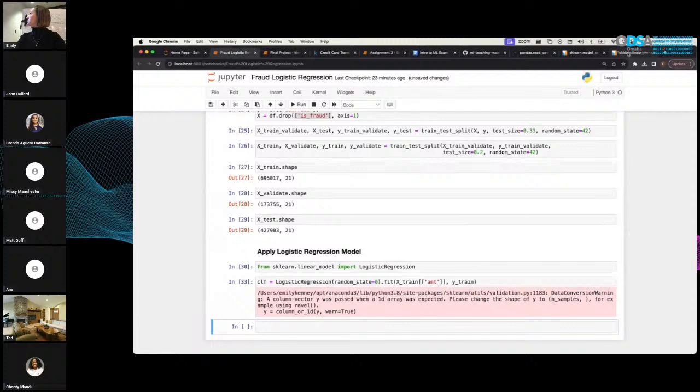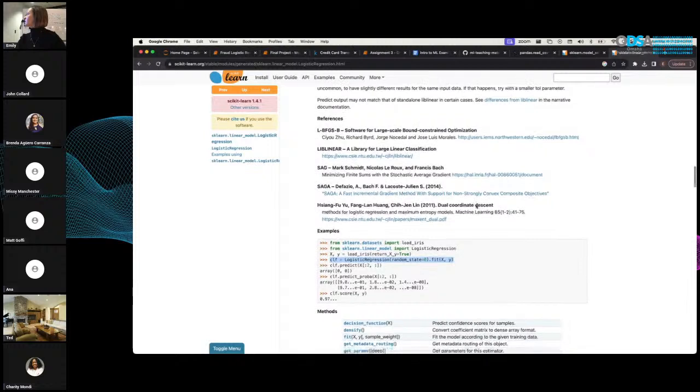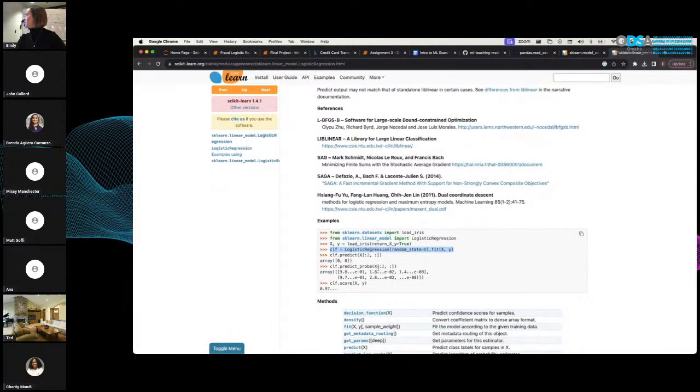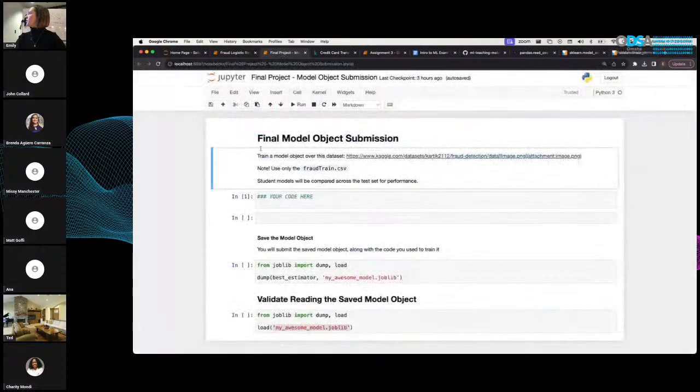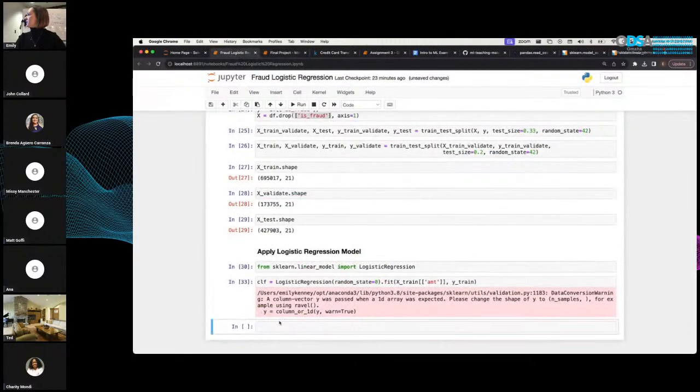All right, just to show you, I'm training a logistic regression quite literally on one column, so that's maybe not what you want to do. Technically, it will work. Technically, you could submit that and it would be fine, but you maybe want to add a few other columns. So then I'll just show you that the predict function works here. So now we're going to do this predict function, but instead we're going to pass X validate.